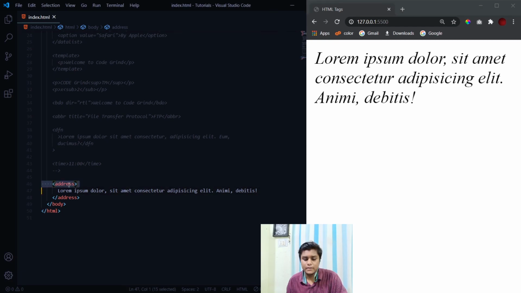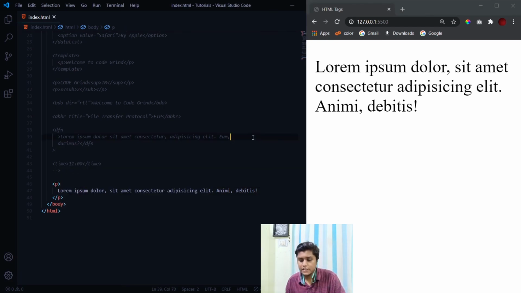Instead, if you write this inside a paragraph tag, it will look the same as the address tag, but as I told you, it will have no effect on your SEO, and the browser won't pay much attention to it, as it will not consider it an address, but just any normal text. So this is all about these kinds of tags.